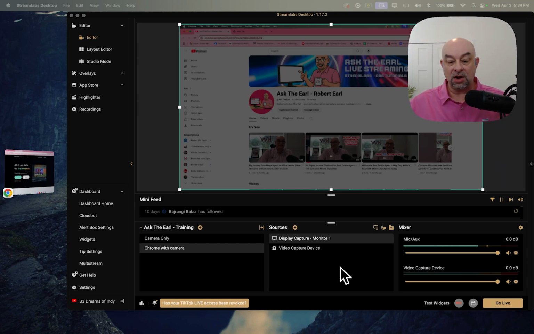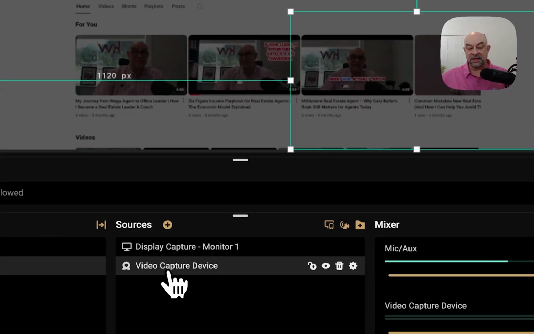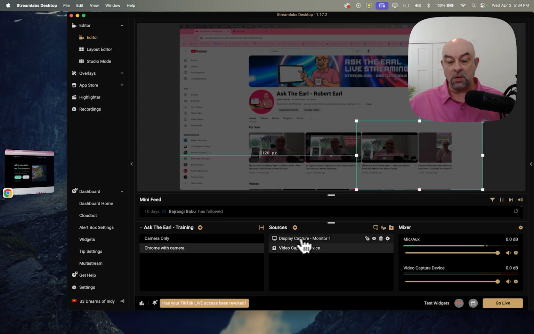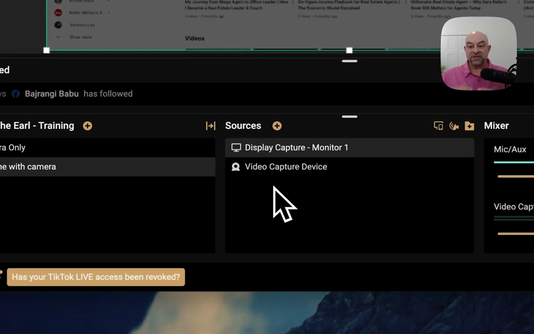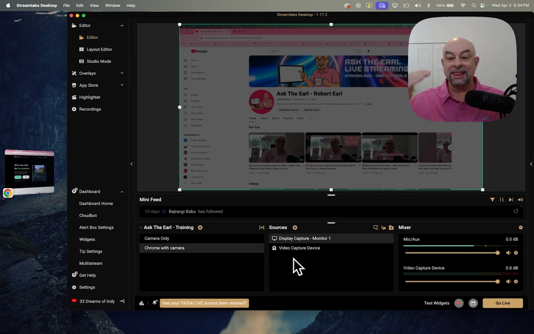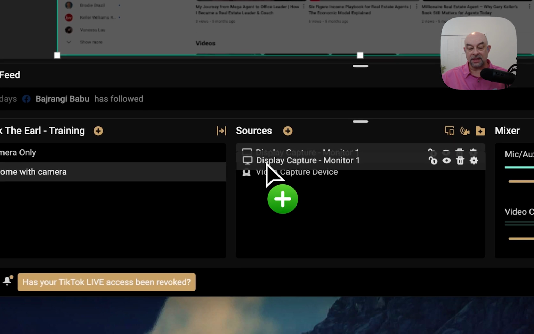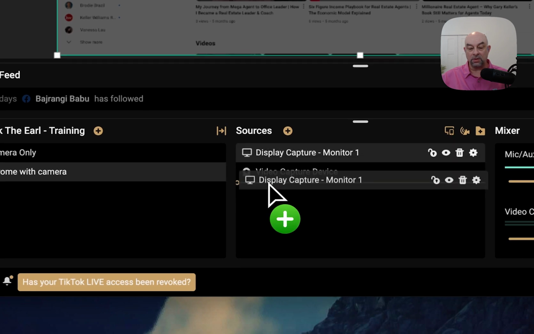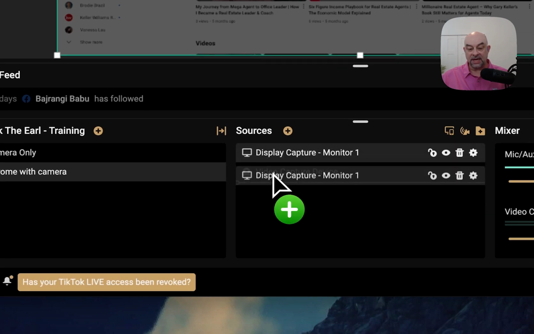It has taken over the entire screen, and I'm not able to see the camera. Well, this was where the camera display would be showing. So when you think of sources, you can think of this regarding layers. Similar to when you're doing a graphic program and you want to put one layer on top of the other, here within Streamlabs, you can drag the layer and drop it below the camera, and it might take a second